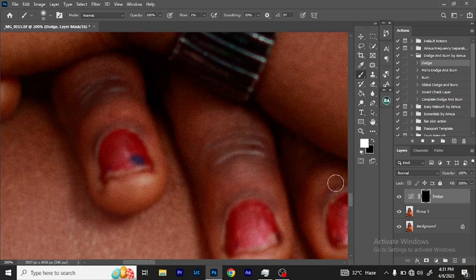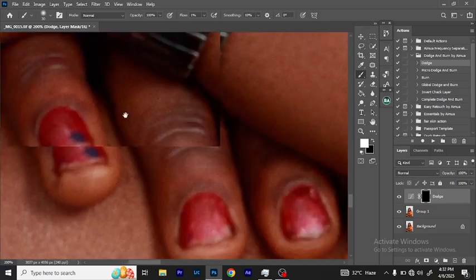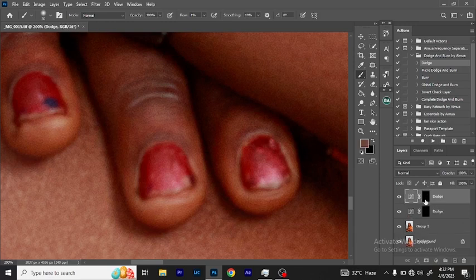So when you're using flow of one, there's a point you get to that you won't really be seeing the effect again. So with that, you're going to add another layer of dodge onto it. But before we do that, we're going to come to the other fingers and just brighten it up also. Alright, so now we're going to add another layer of the dodge. Right, so just want to do this to brighten it up. So you have to do this consistently until you're satisfied with the result,